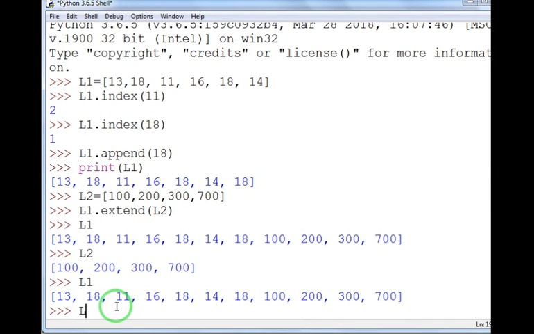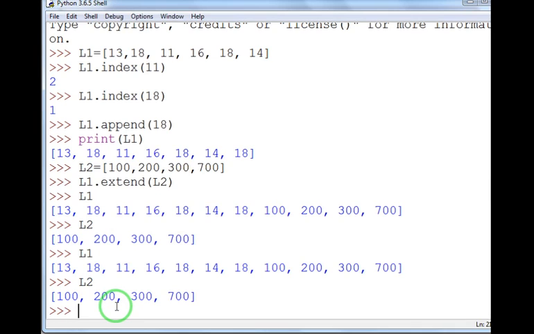Like this is my list L2. I want to add a new value in L2 somewhere after 100 or after 200. Between 200 and 300, between these two I want to add a new value over here. For that I will give the command L2 dot insert, and within parenthesis you have to specify the position. First the position will come where you want to add the new value.